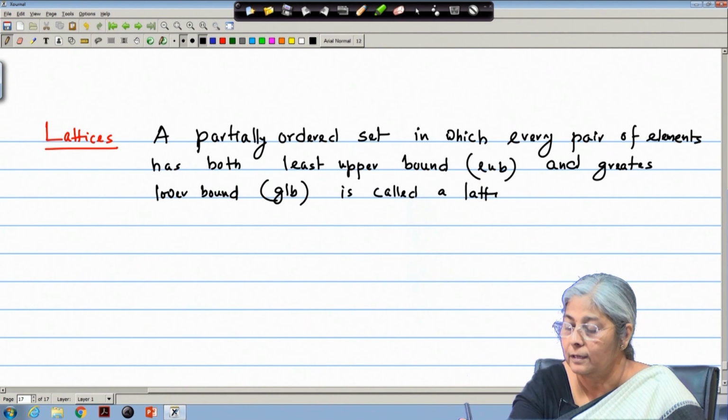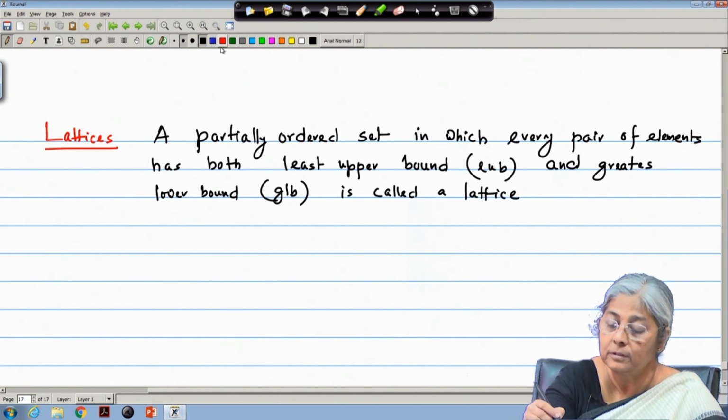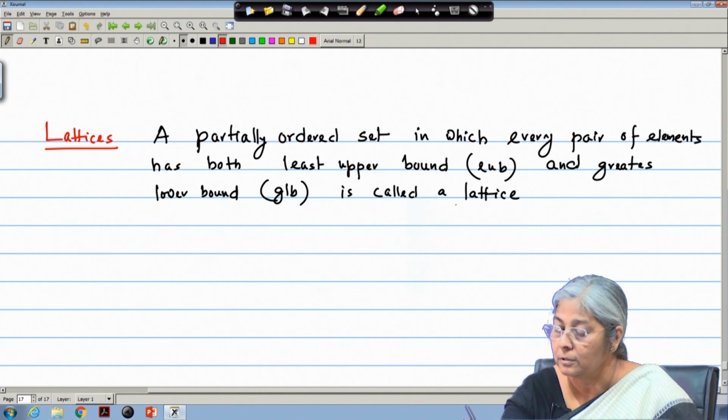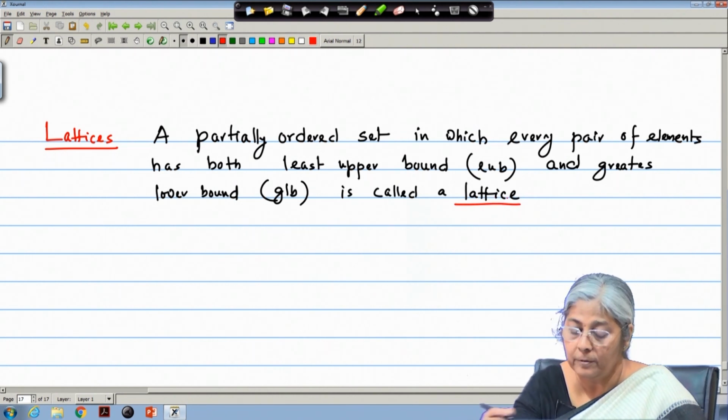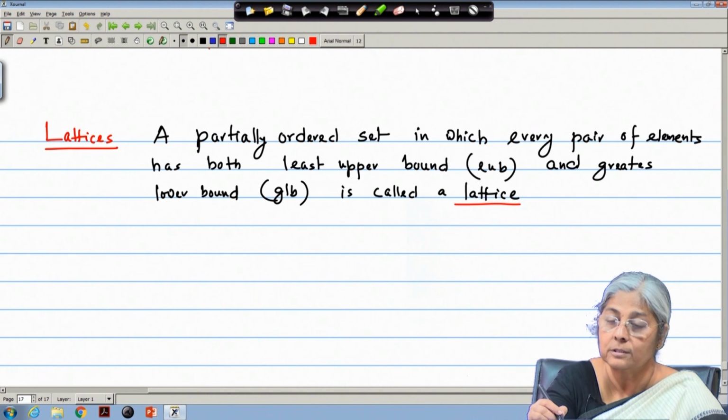And lattice is a very important algebraic structure and it has application both